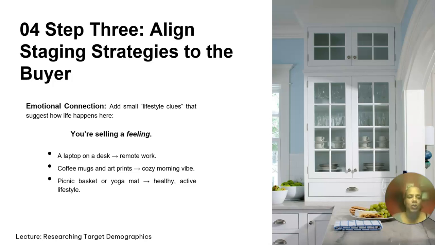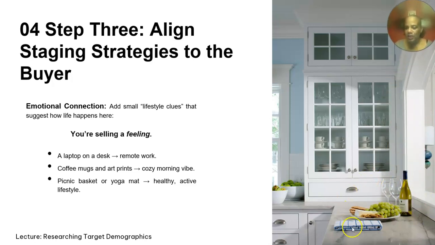So again, emotional connection, small lifestyle clues that suggest how life happens here. So you're selling a feeling. So what these vignettes, and again, my face is in the way, my apologies. So I'm looking at this beautiful vignette. I can see myself on a Sunday morning, well, maybe not morning, maybe afternoon, having a glass of wine with the grapes and the bowls of fruit,